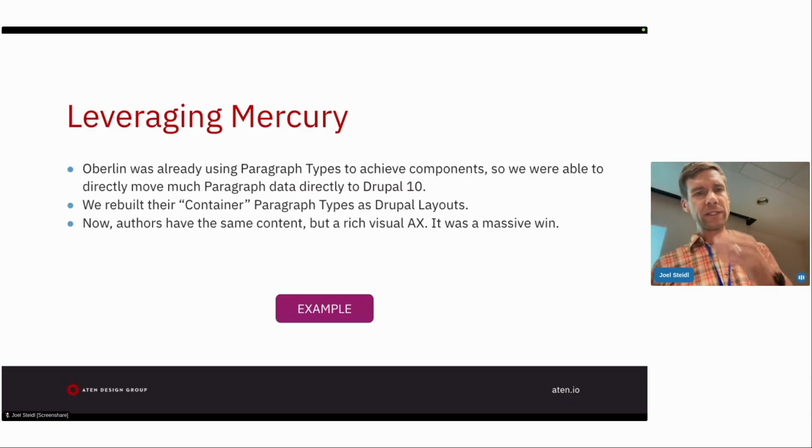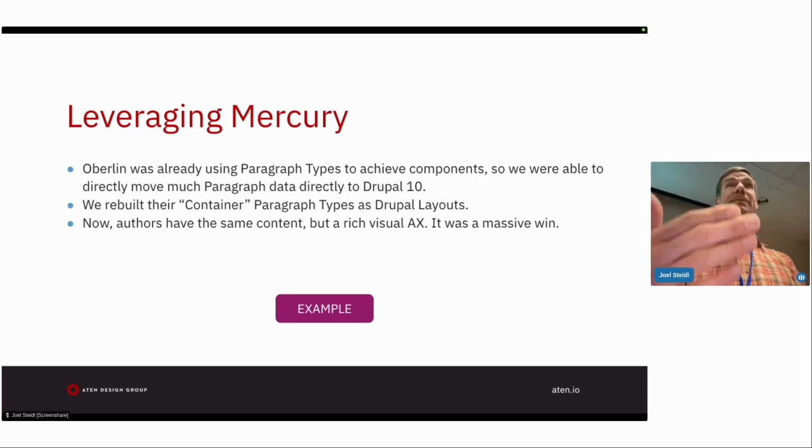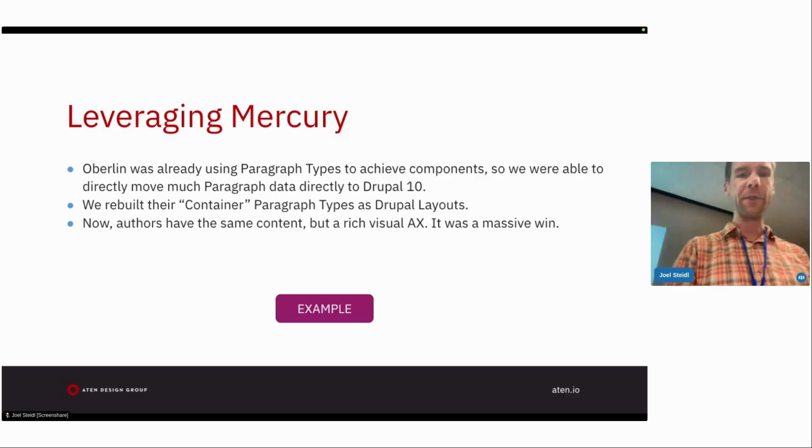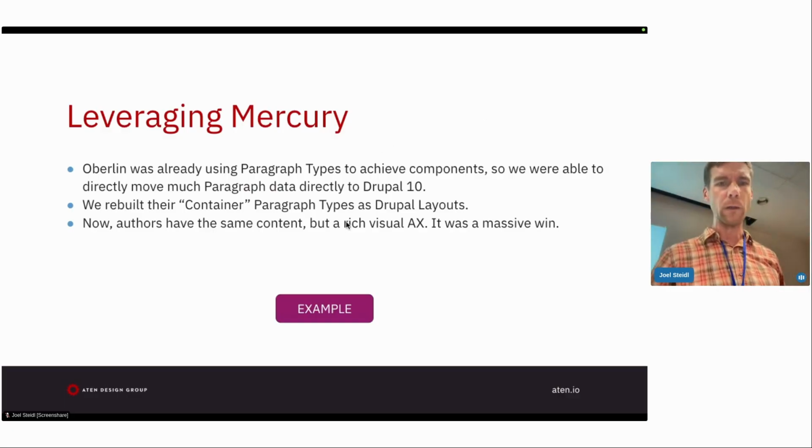And so we talked through all of that, and now the authors have a very familiar experience in Drupal 10. They're adding components that are named exactly like they were in Drupal 7. Just now they have the rich authoring experience. So that all went pretty well. And so the same node that I showed you in Drupal 7 with the form that just went on forever,